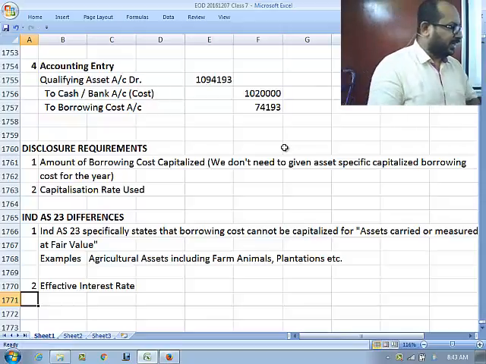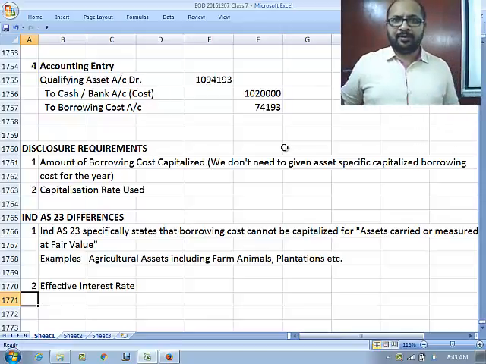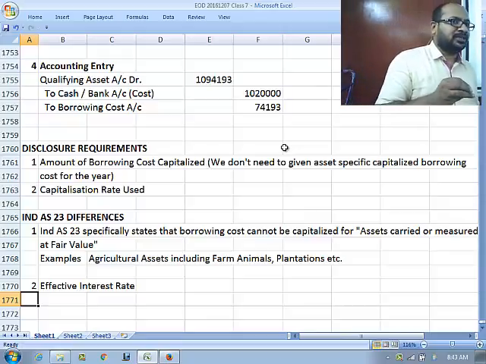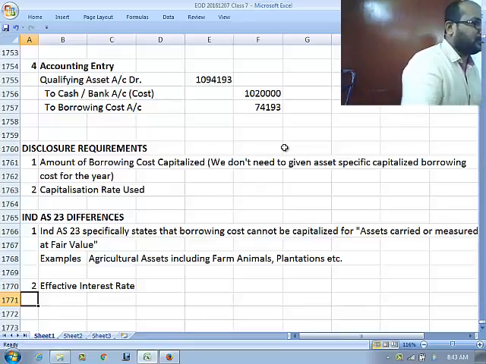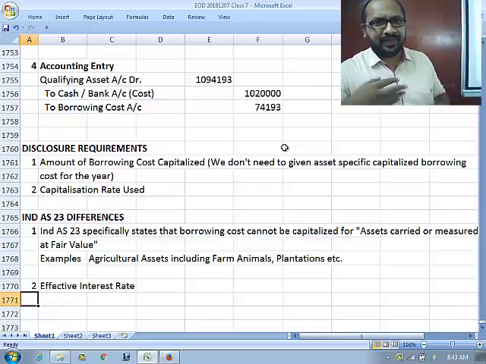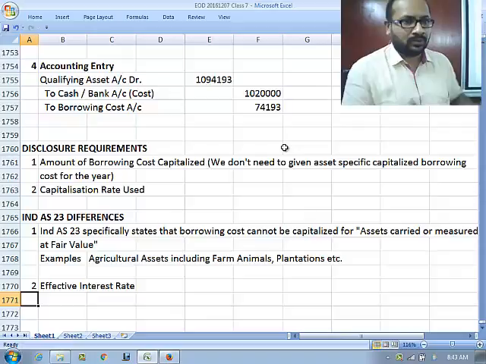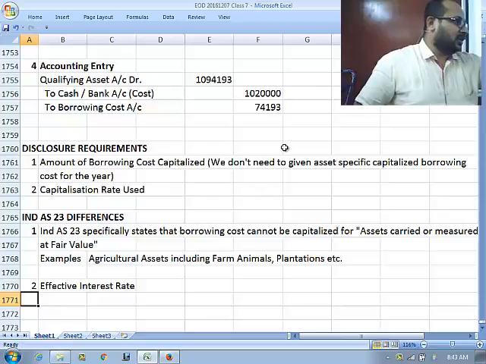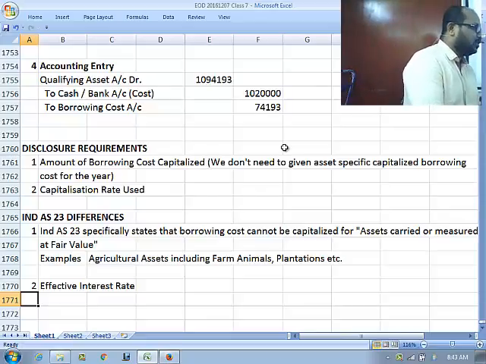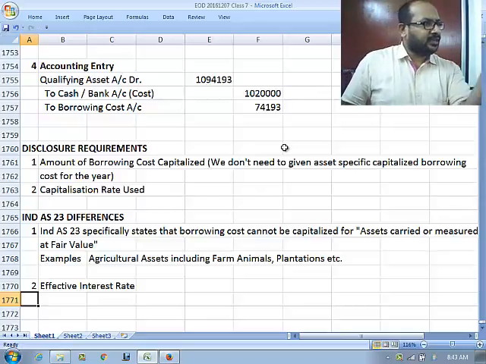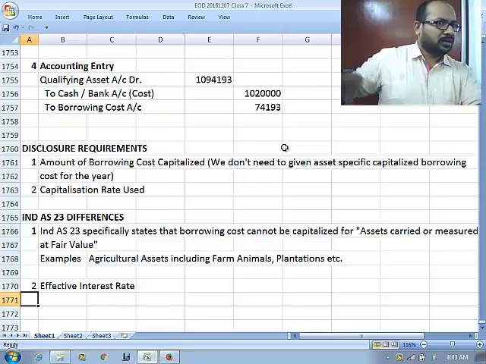These guys are generally right now amortizing it on a time proportion basis, which is not right. So, you can amortize it based on something called as effective interest rate method. So, what is an effective interest rate? The idea is very simple. Let's say that we are raising a loan, face value 100 lakhs, debenture, we are issuing them at a discount of 10%. The issue proceeds will be only rupees 90 lakhs. What is the present accounting model? You will carry the loan liability at 100 lakhs. Discount expense 10 lakhs we show separately, which is getting amortized.